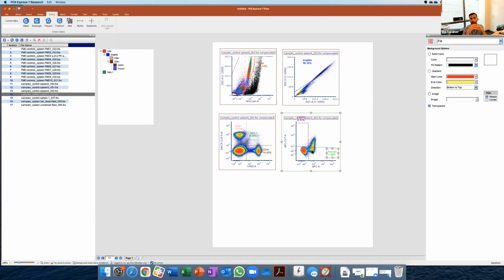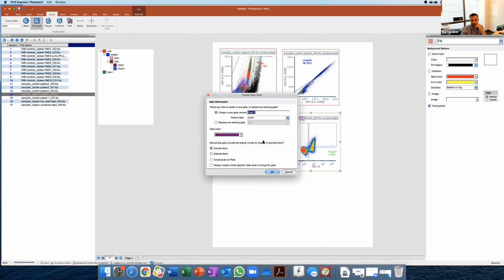Now, when we're looking at these, we can't say that these are positive, these are negative for CD25. It may be just that the levels of expression of CD25 in these cells is not high enough. And since the fluorochrome we're using is not the brightest fluorochrome, actually this is a rather dim fluorochrome, we may not be pulling up the whole population. So whenever we set gates that are cutting a population in half, all we can say is, well, we have at least, and let me just draw a gate here for you,